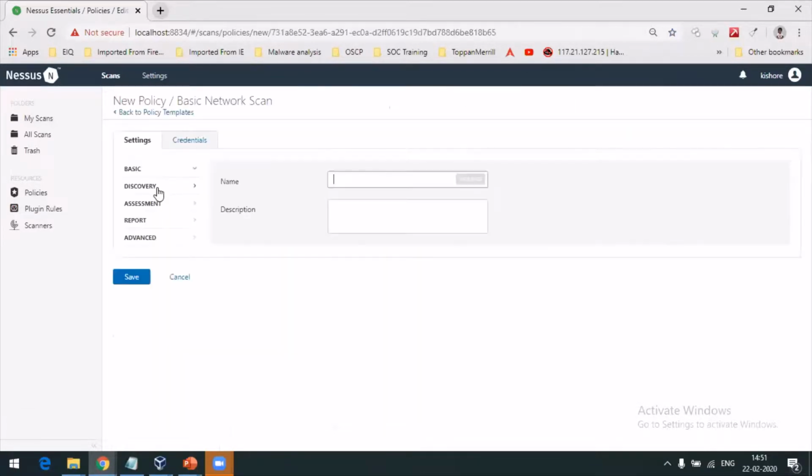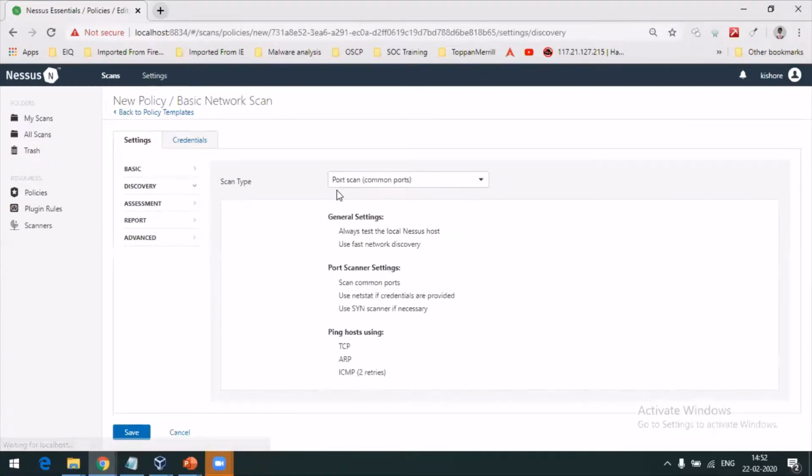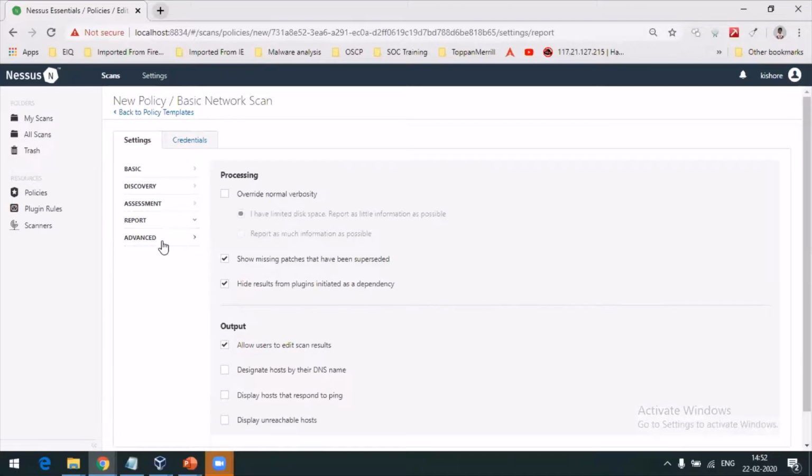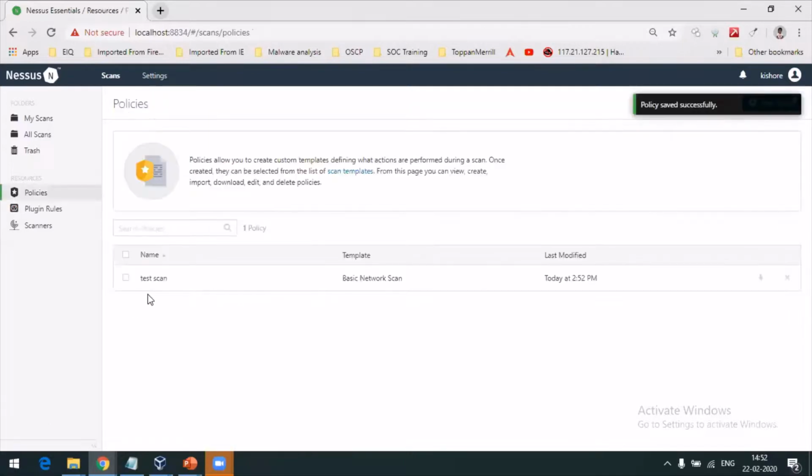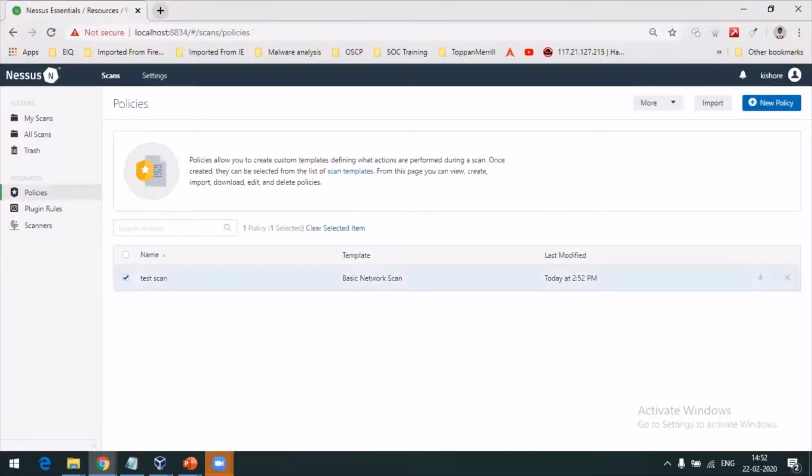So if I say this is my basic network scan, I say test scan, and then say discovery. You have all ports, then you have assessment, you have reports, you have scan type. So default, you can save it. So this is a policy which you created, right? So you can click it, and